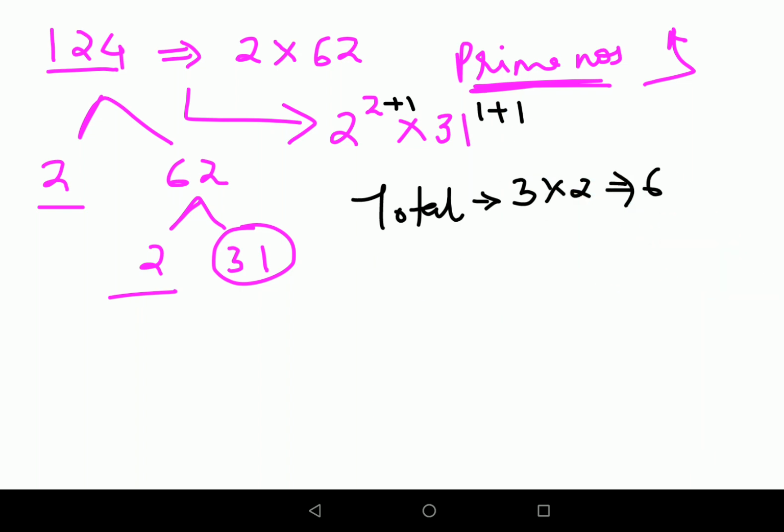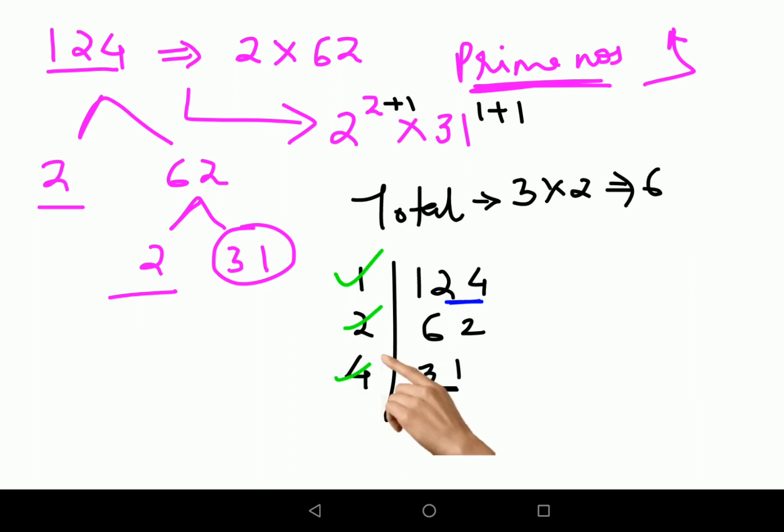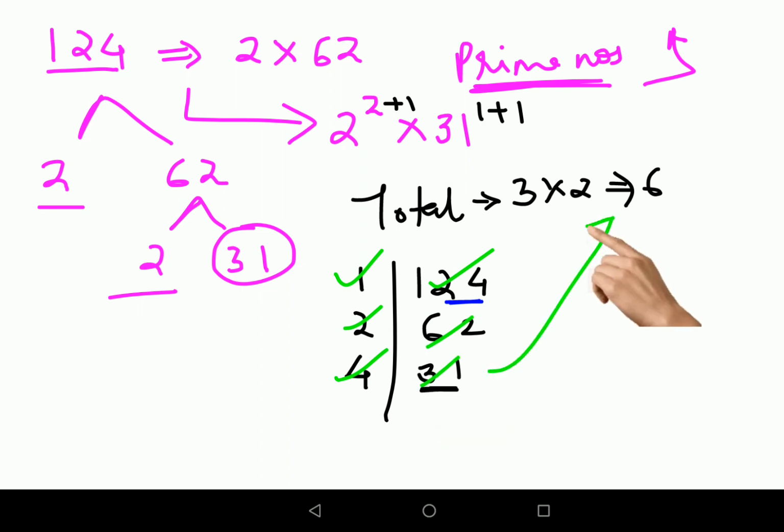Now you might be wondering, achha, let's cross verify this. So we have 124. Ones are, then we have twos are, and this will get you 62. Now please understand, 124 doesn't go in the 3 table, but it does go in the 4 table, right? Because the last two digits are divisible by 4. Okay, so in that case we'll have 31. Now please understand, when you have a prime number, you have to stop factorizing, because after that you will get nothing. So now if you see, let's count 1, 2, 3, 4, 5 and 6, and that, my dear friends, is the answer for the total number of factors of the number